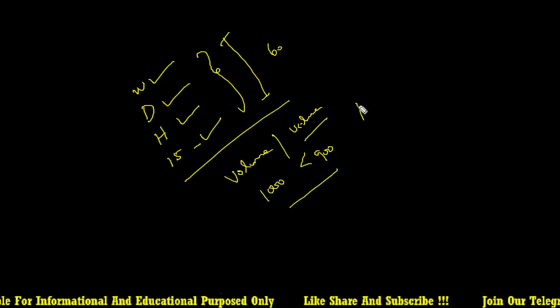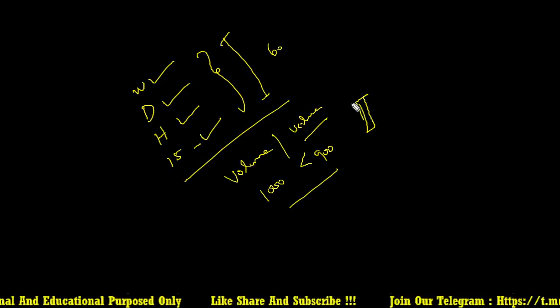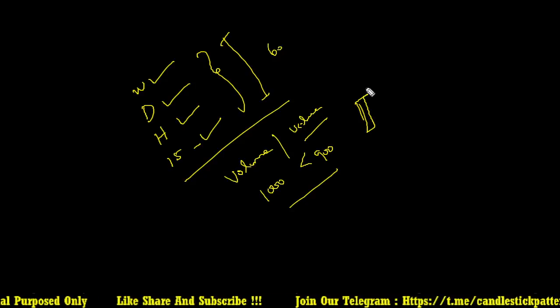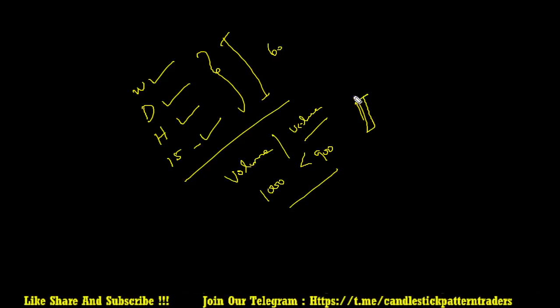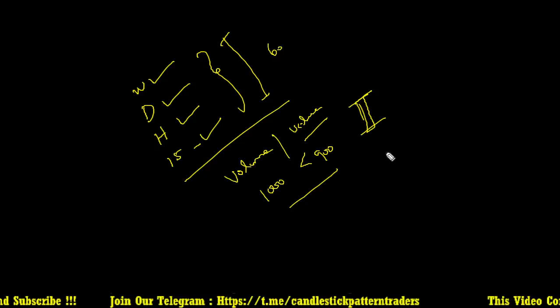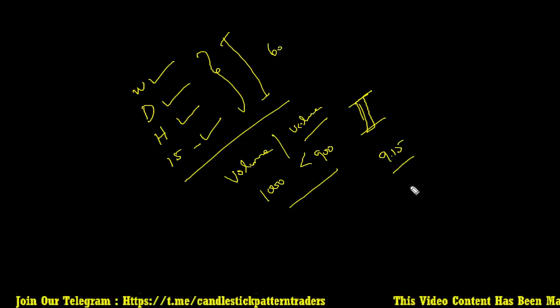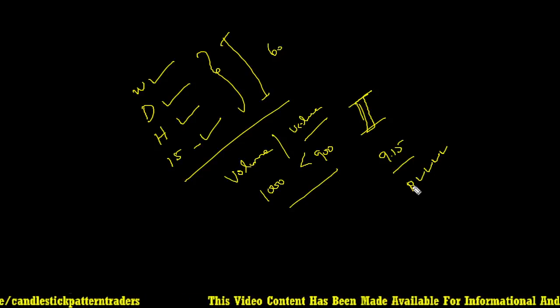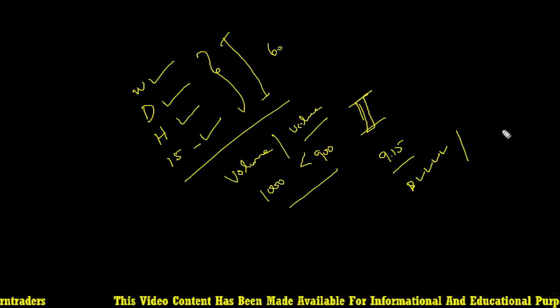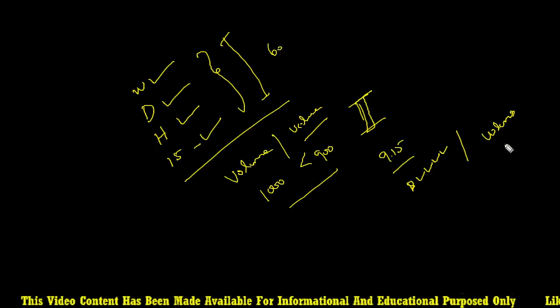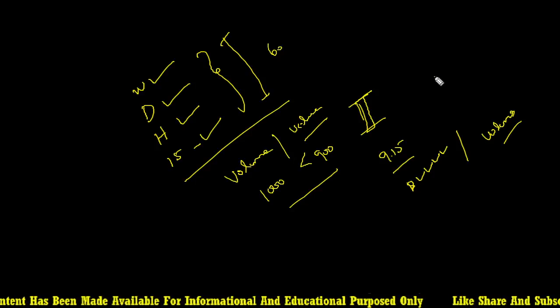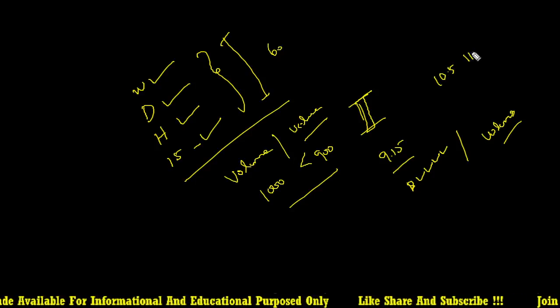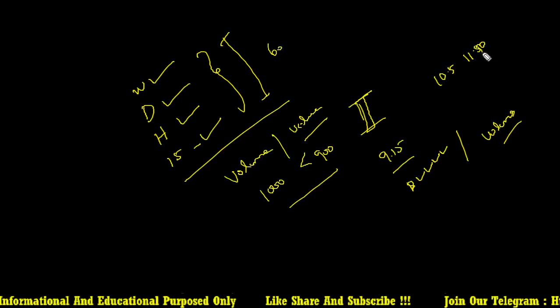I got some comments about this video, which is why I am making this clear. If a stock forms at 9:15, it can satisfy all four criteria like daily, weekly, hourly and 15 minutes, but in that case the volume condition is not satisfied. It may be satisfied by 10:15 or 11:15.